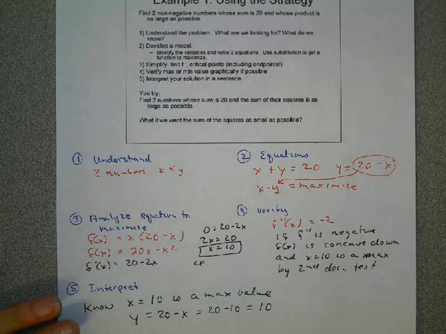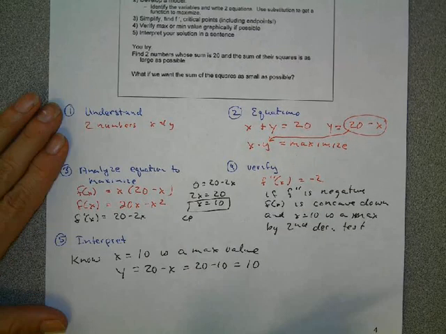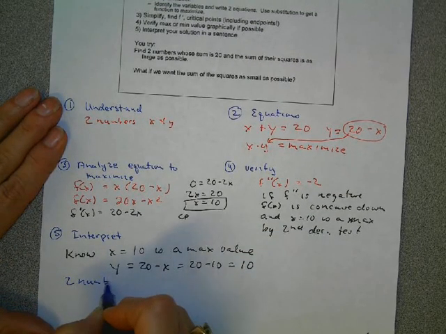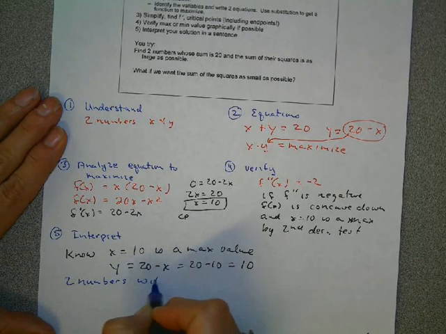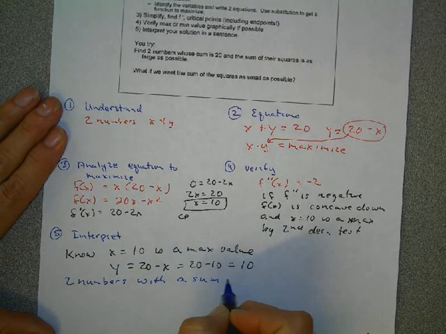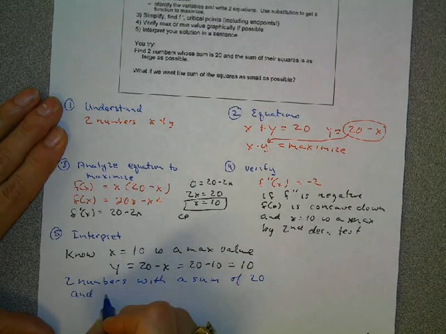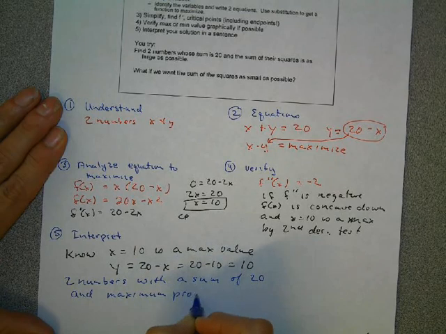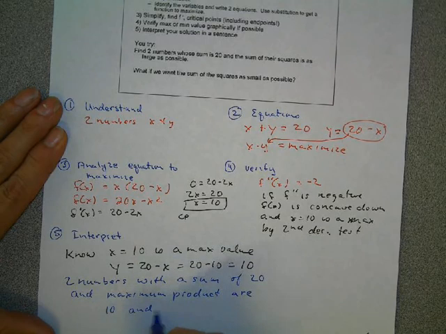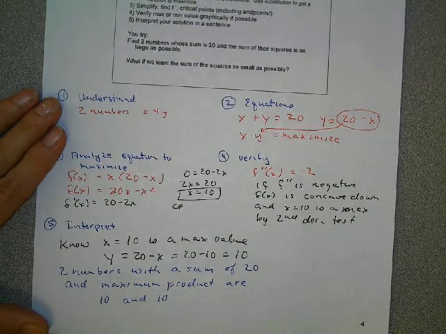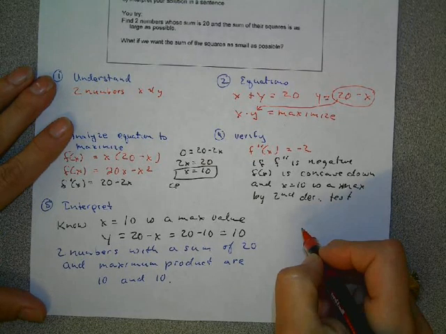So the two numbers with a sum of 20 and the maximum product are 10 and 10. Now, if I just did a little monkeying around to try a few numbers out, I might say,